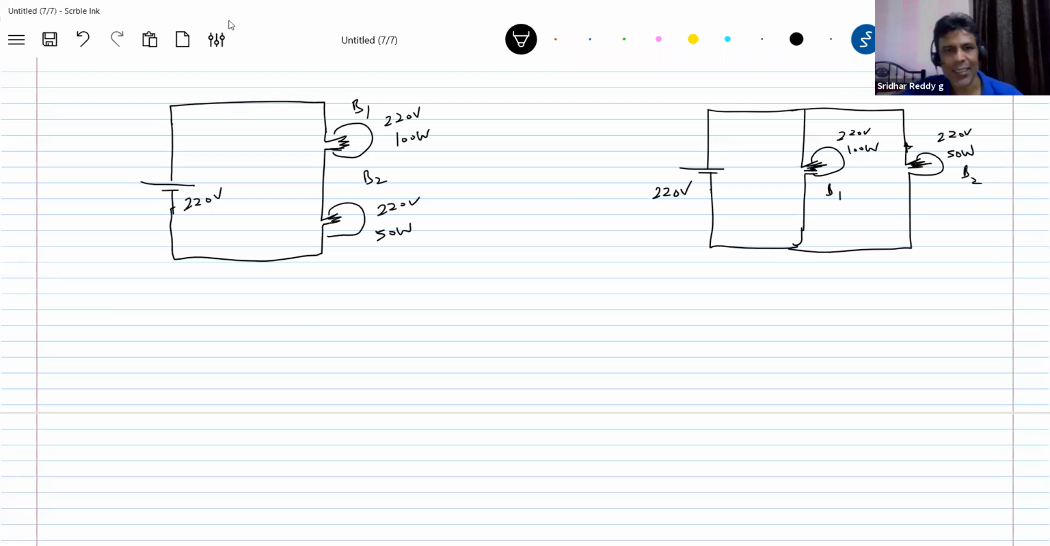First of all, we will calculate the resistance of the bulbs. What is the resistance of a bulb? First, we need data. So how to calculate the resistance of a bulb? We know the power rating. So this will be 100. Power equals V square by R, no? So 220 square by R1. So R1 equals